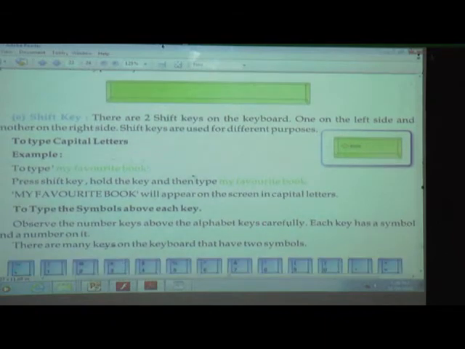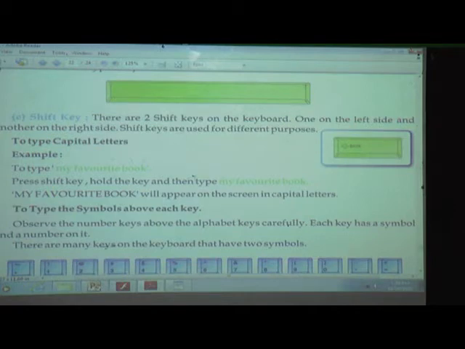Now the next key is the shift key. There are two shift keys on the keyboard. How many shift keys are there? 2. How many alphabet keys are there? Yes, 26 alphabet keys. How many arrow keys are there? 4. How many shift keys are there? Nice, 2.